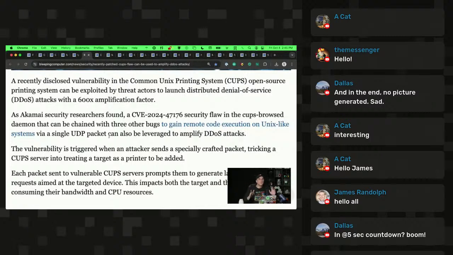So the idea is you send a malicious packet, it triggers this into attempting to identify the printer and sending it all this traffic. And then in some cases, it also could cause it to kind of freak out and go into a looped setting where it just sends traffic continuously until the process is killed. So being able to induce this allows you to send a tremendous amount of traffic to specific IP addresses or to specific websites. And possibly relatedly, Cloudflare was reporting a massive distributed denial of service attack that it was able